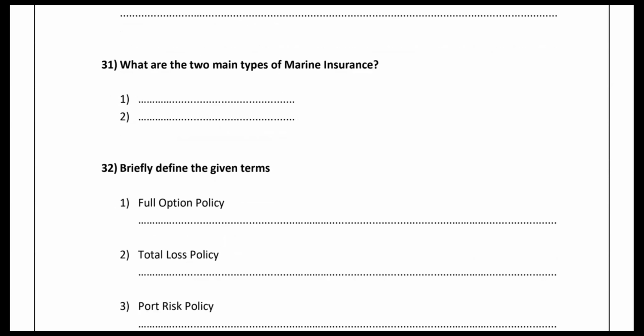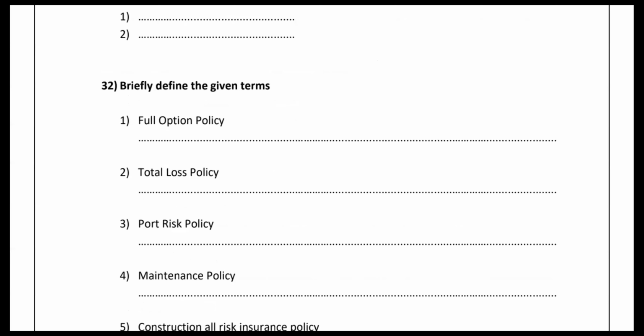In hull insurance, the ship will be insured, its equipment will be insured, the crew members, and even some other tools are covered. Only shipping companies get this hull insurance. Not only the ship, guys. In hull insurance, the ship, its equipment, the crew members, as well as other tools are covered. These are the types of hull insurance that I have given.